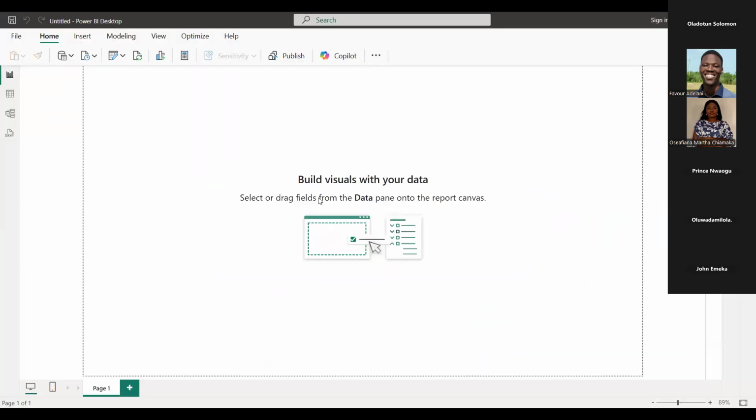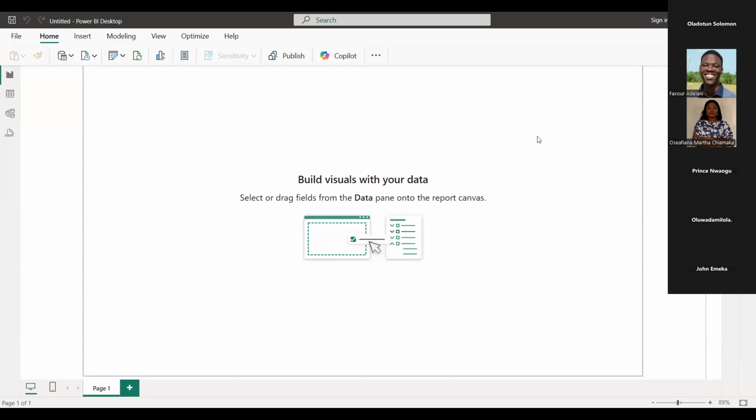This part of your report, where you see build visuals with your data, we call it a report canvas. Unlike Excel, where you have to clear out the grid lines and all of that before you start visualizing and insert your colors, shapes, and all of that, part of the things that you should do when you're working in Power BI is that this canvas, you can set the size.